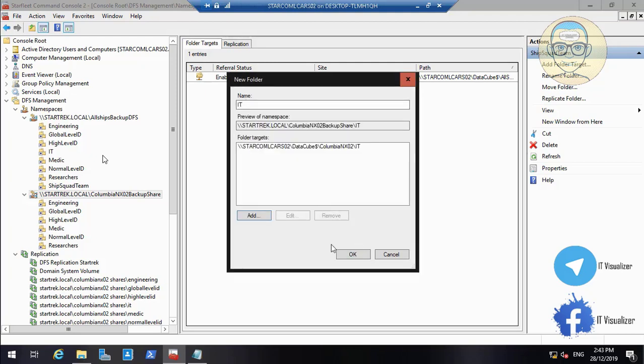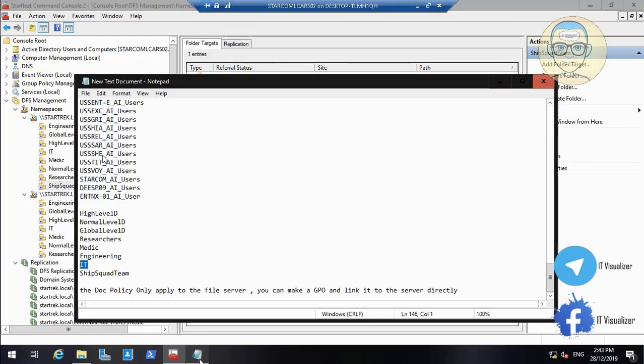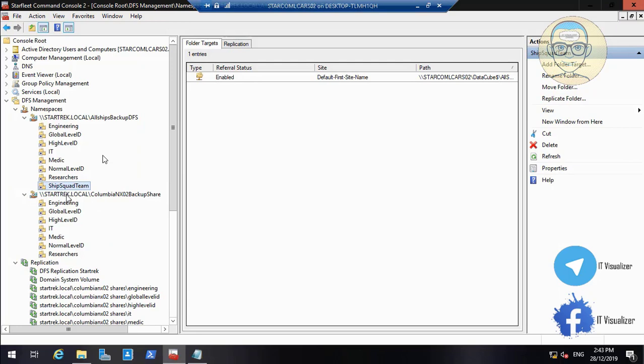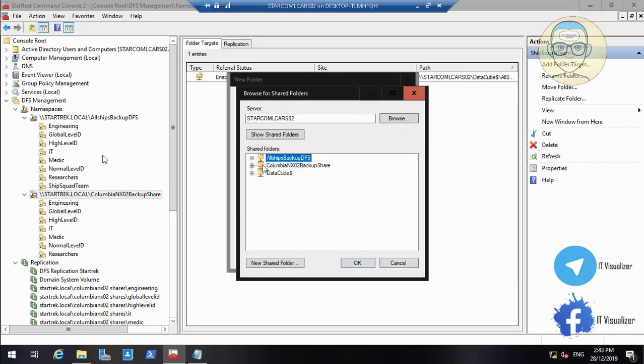Okay, and then we have the ship squad team. We have the last one, the ship squad team. Copy, and then we will add it, new folder, and then add browse, and then DataCube, and then Columbia ship, and then the ship squad team. Okay,